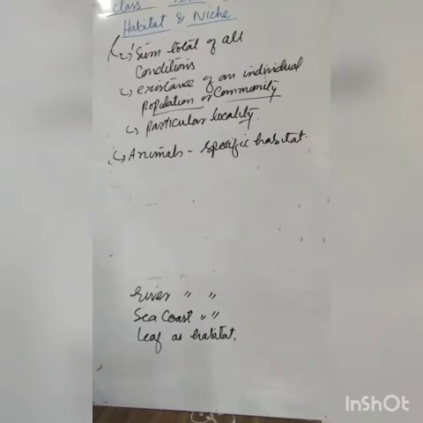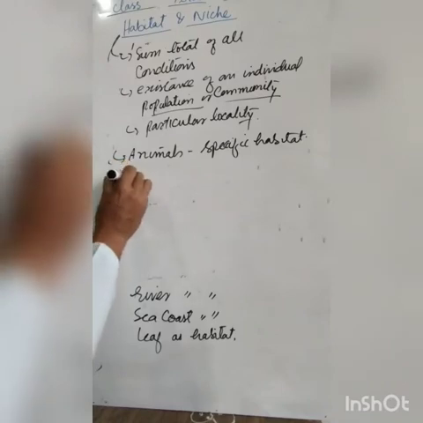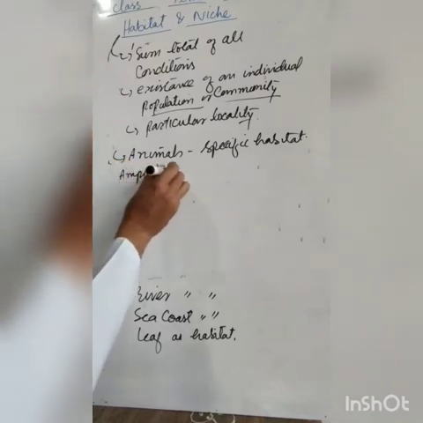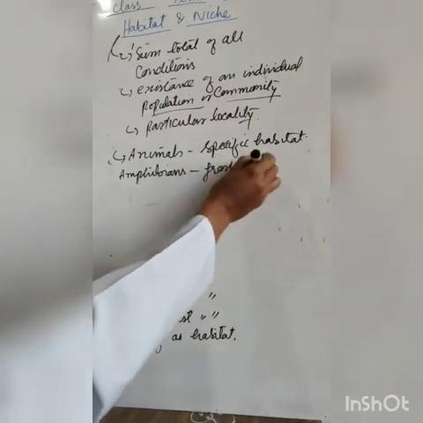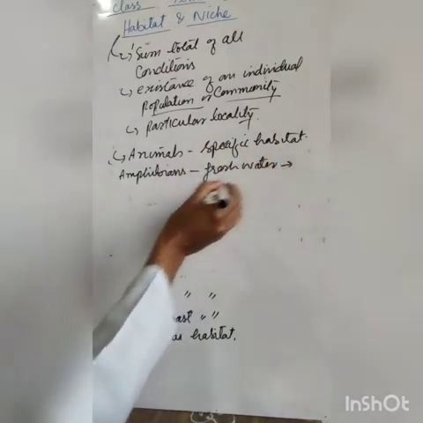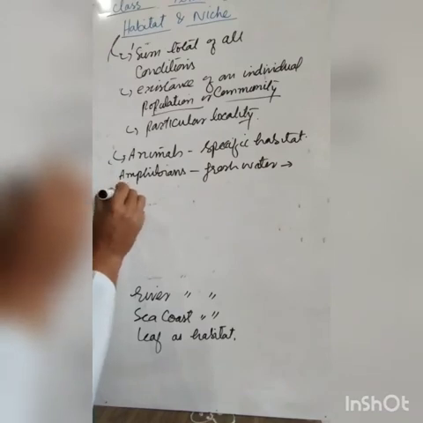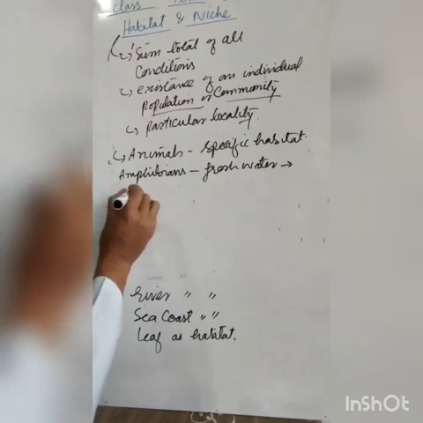That is, animals show habitat specificity, but those must have particular environmental conditions. For example, amphibians occur in fresh water only. However, there are exceptions. Amphibians live in fresh water. However, there are exceptions. For example, there is a fish,